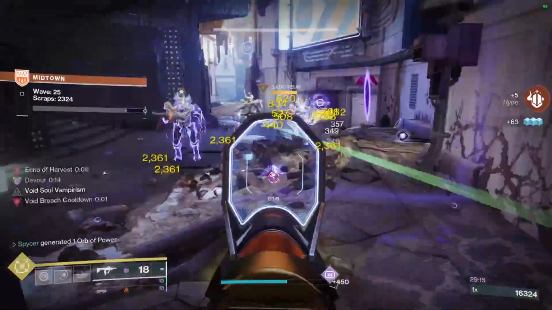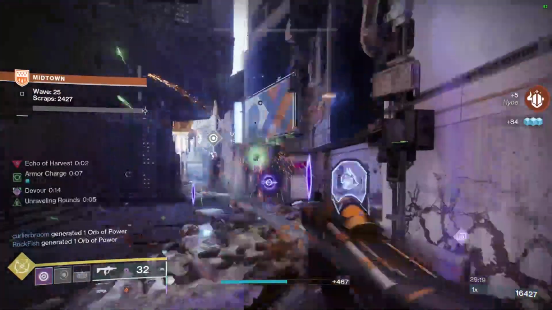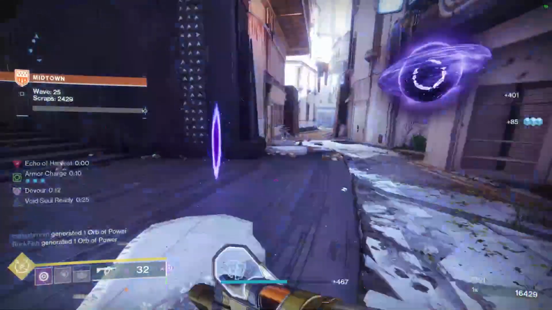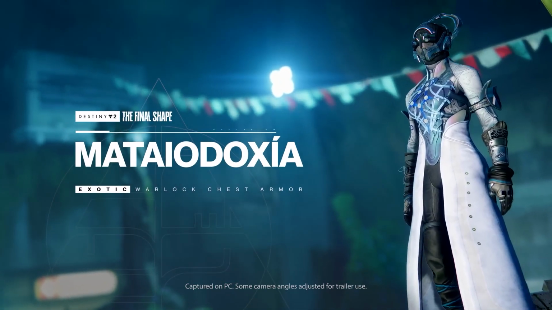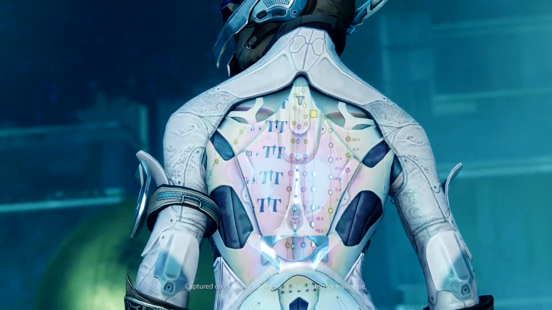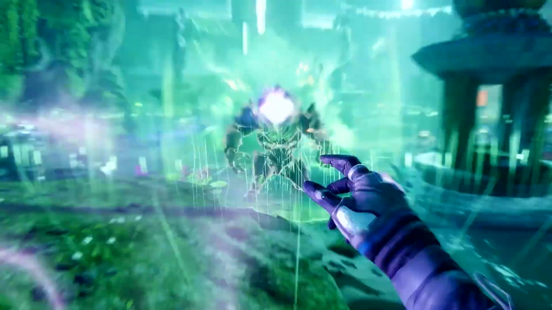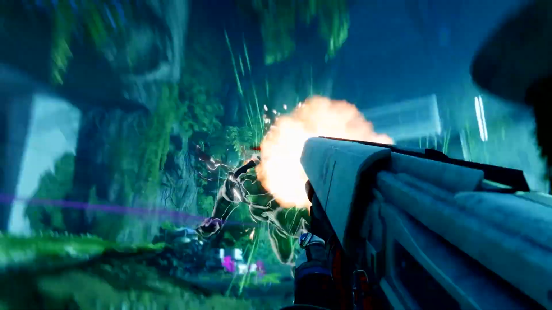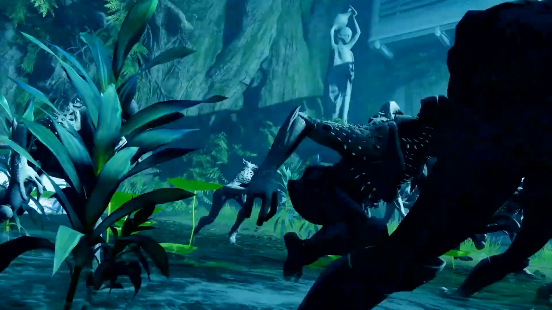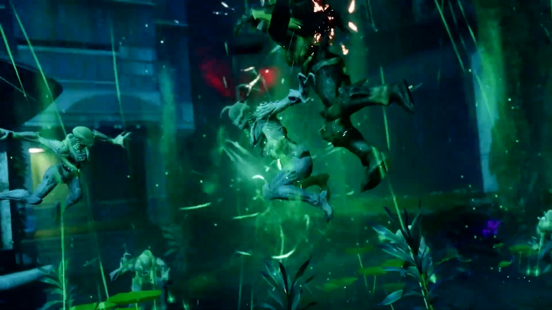So starting off with the first thing they revealed of this new arsenal is Matiodoxia, which is a Warlock chest armor exotic. And I want to say this before we get into all these and before you make your judgments. I'm pretty sure Bungie is holding the entire perks for all 6 of these close to their chest. I think we're only seeing maybe half of what these exotics do. That said, Matiodoxia